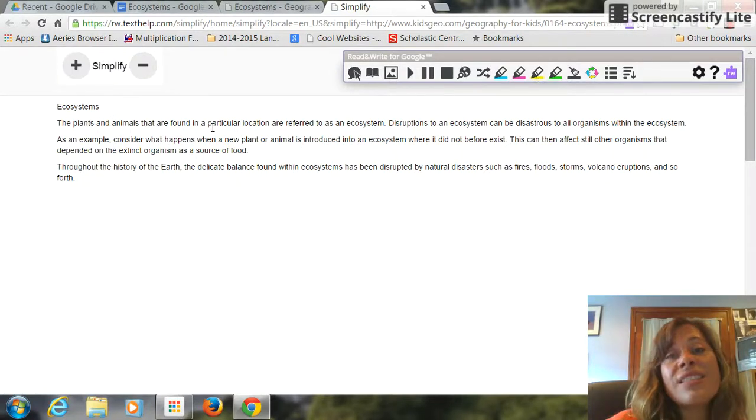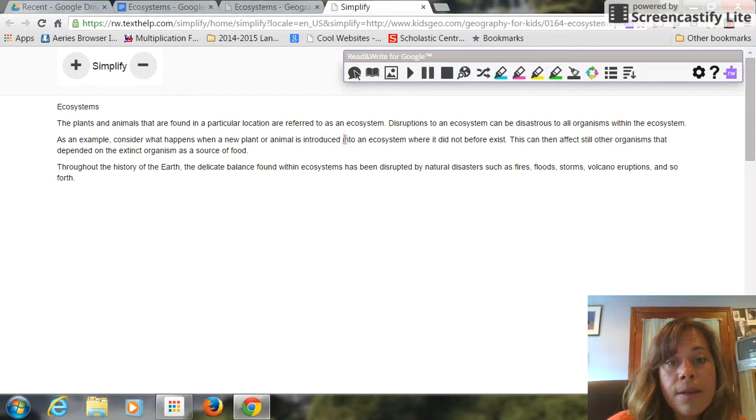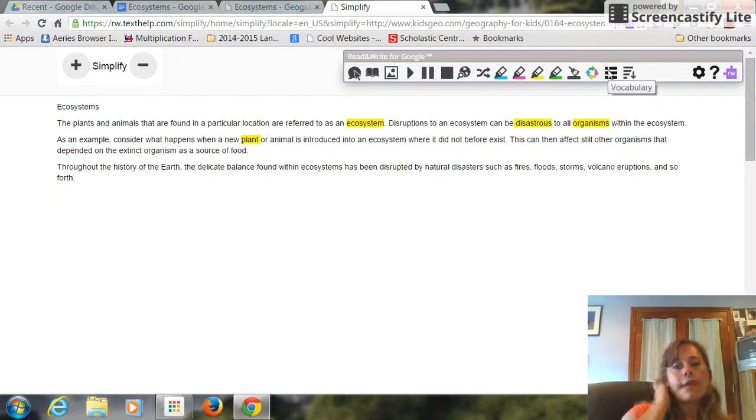Now here is a very neat part. One of the things that I would like to do as a teacher is have my students use stickies to write down the words that they don't understand. So in this, I might have them highlight it. Organisms, plant, disastrous was one. Now after I've highlighted them, I can come over to this text right here,